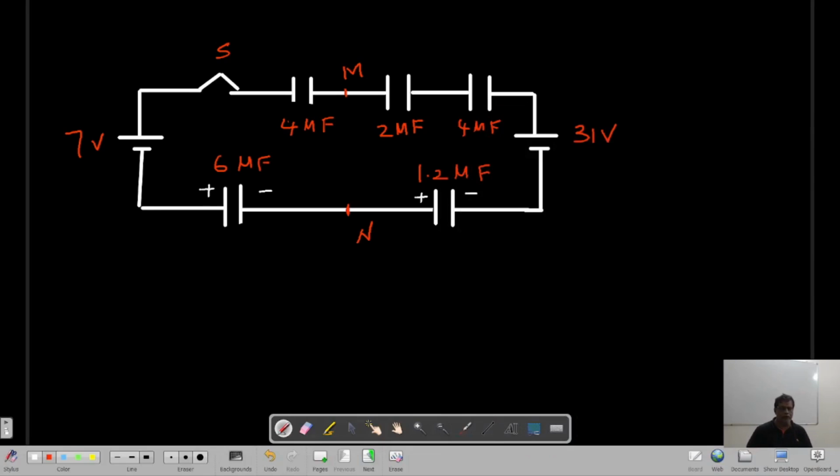In this circuit we are required to find the potential difference between the points M and N. In order to solve this problem, we should know certain things in circuit analysis. This is a capacitor circuit. The first point to note here is, in the case of a capacitor,